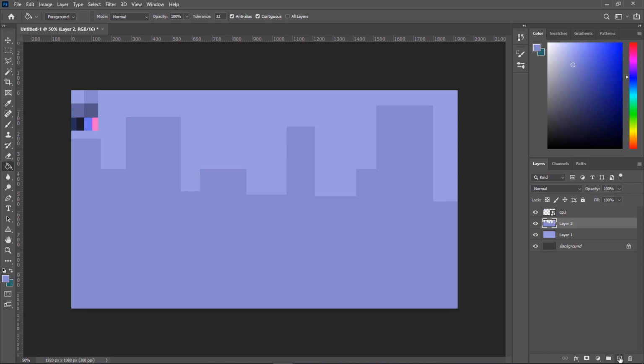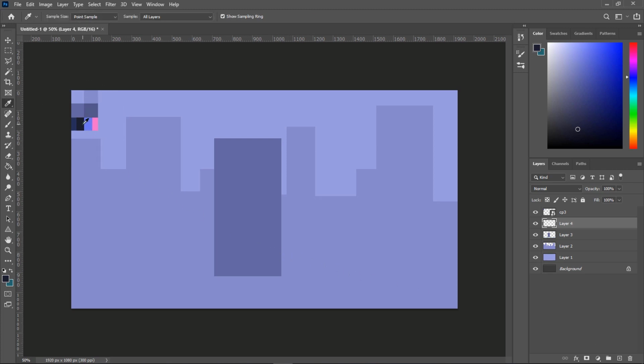And now let's make another layer. Let's choose the rectangular marquee tool, which is the letter M on your keyboard, and let's make a selection. Just like that. Let's choose the darker color and choose the paint bucket tool and paint it. Click Ctrl D to deselect it. Now let's make another layer. Let's choose our darker color